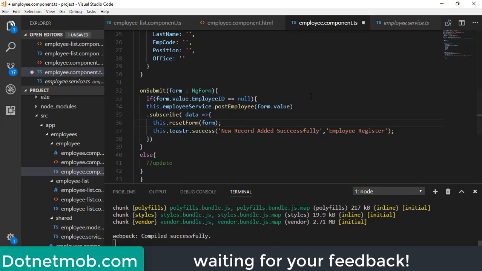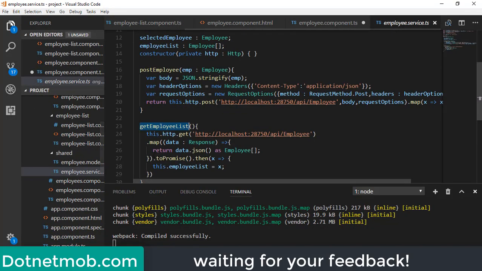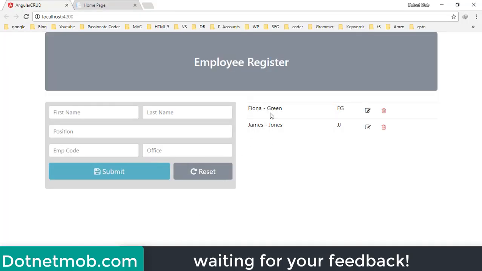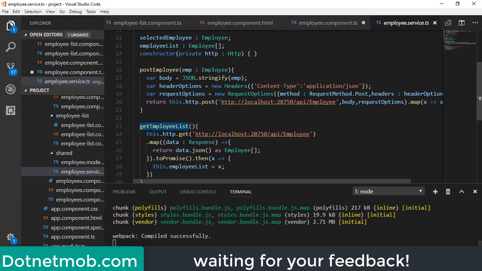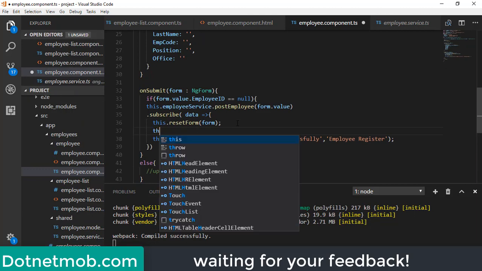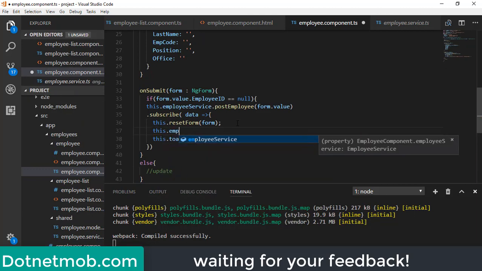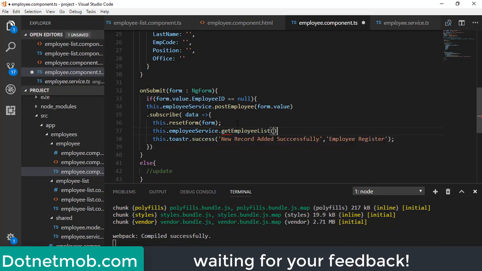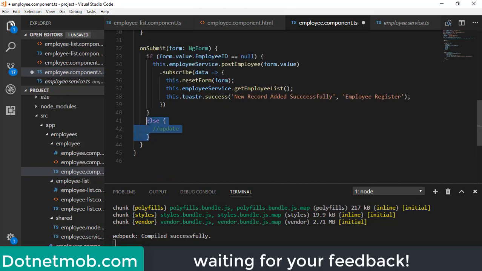For that, I'm gonna call this employee service function getEmployeeList, which is written for refreshing this employee list here. So I'm going to call this getEmployeeList function after insert operation. For that, I will do this.employeeService.getEmployeeList. That's it. Inside this else part, we are going to implement update operation for the selected employee using this web